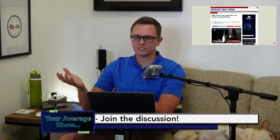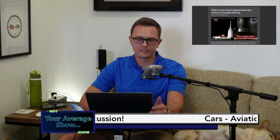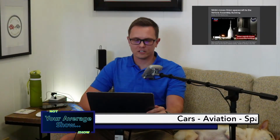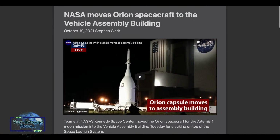Amazing. Yeah, the next one comes from Spaceflight Now: NASA arrives with the Orion spacecraft at the VAB, the Vehicle Assembly Building. So just a recap here. Earlier this week on Tuesday, the Orion capsule spacecraft was moved, and it's over on the Cape. If you're not quite following Orion, Starliner, all of the capsules that are in development, Orion is the